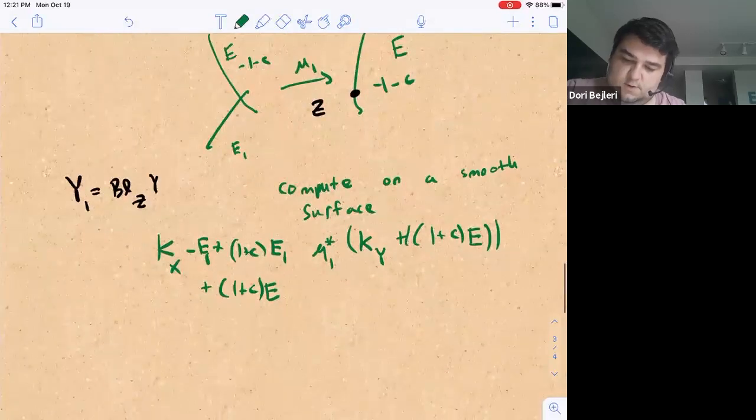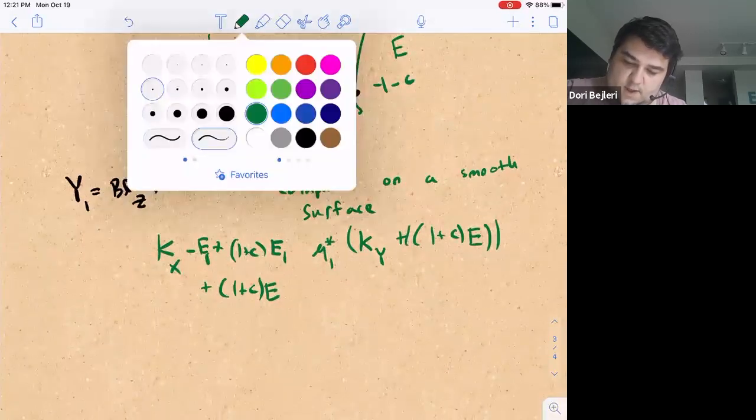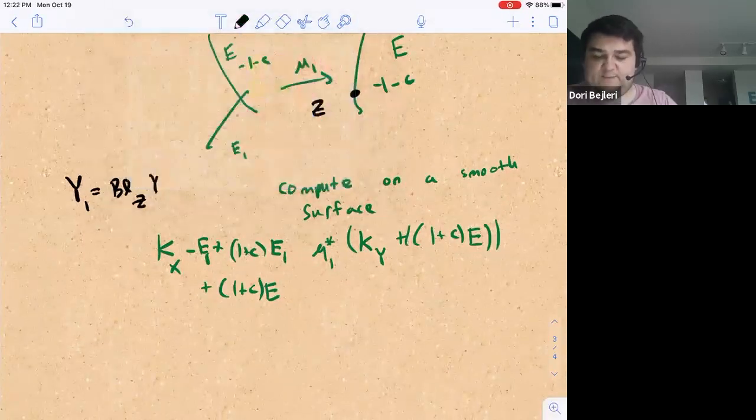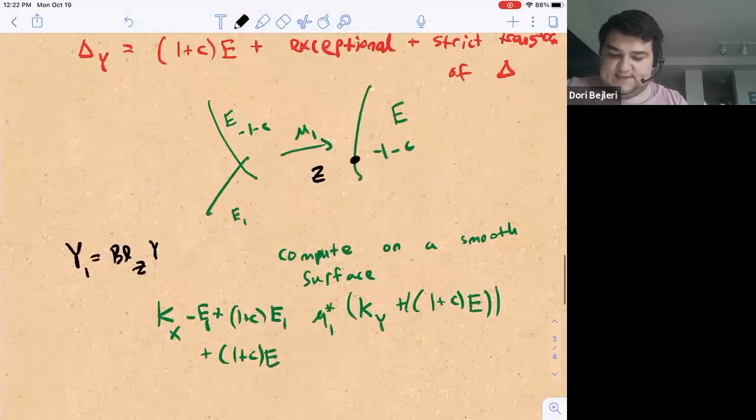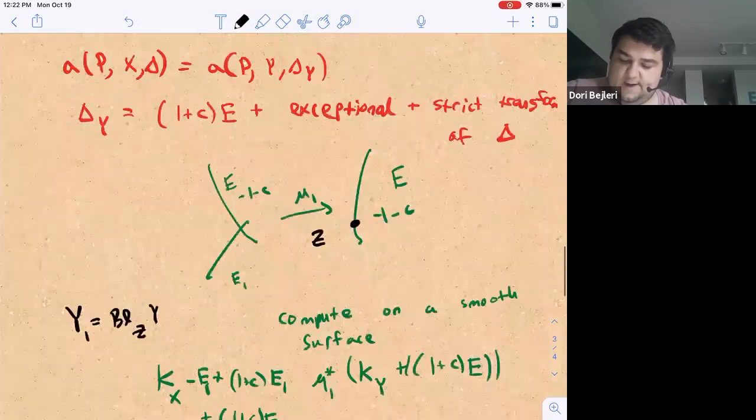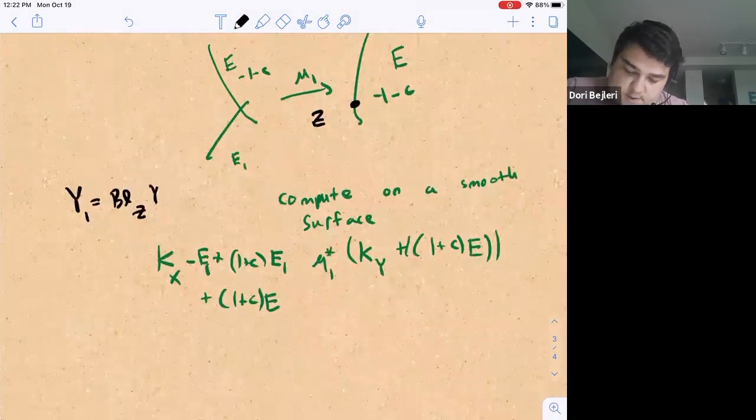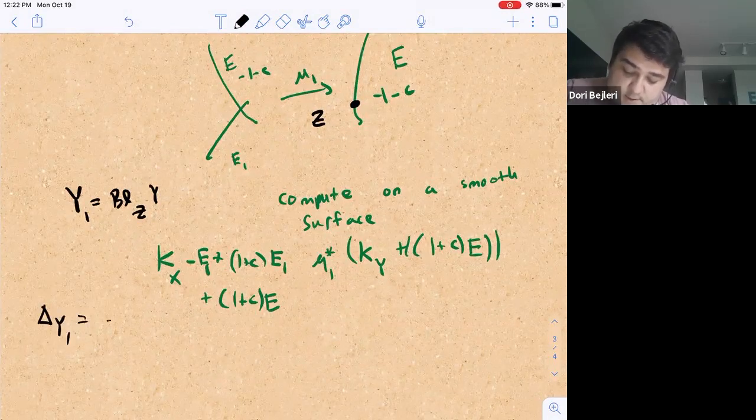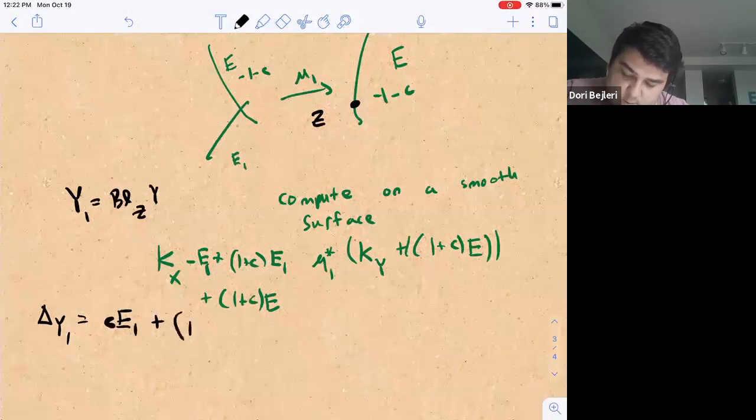So if we take the pair on y1, that's again defined like up here where it's the divisor, so that when you pull it back, you get the log canonical upstairs, and so that the push forward is our divisor downstairs. Then here we have delta y1 is c e1 plus 1 plus c e